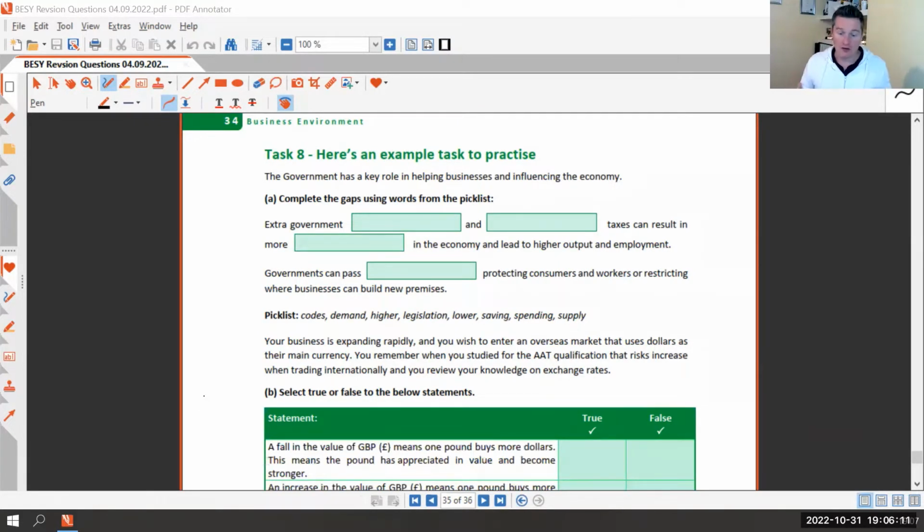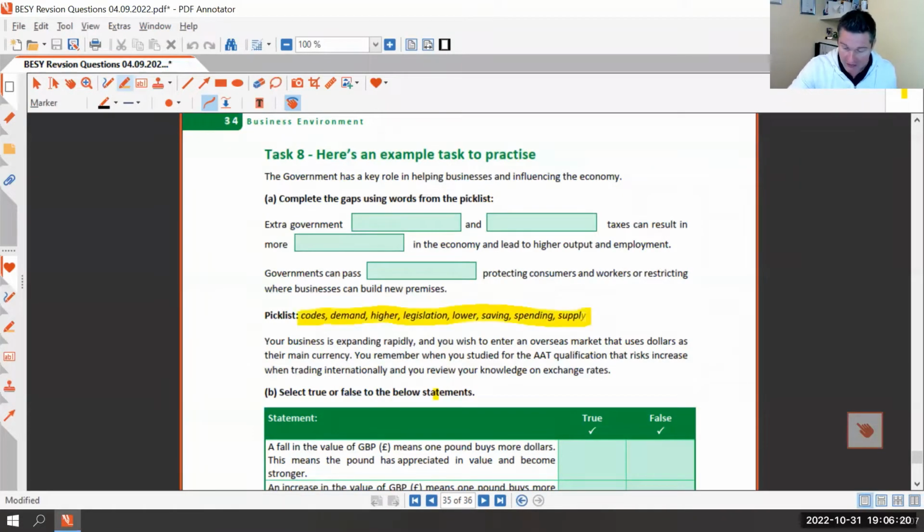So here we've got a pick list type question. And you can see down here the options that we've got. So we've got choice of codes, demand, higher, legislation, lower, saving, spending, and supply. And we have to choose the ones that fit here and make the most sense. So extra government something and something taxes can result in more something in the economy and lead to higher output